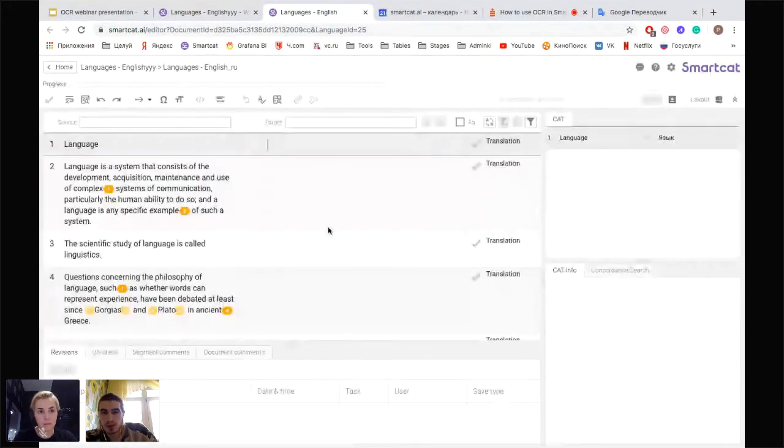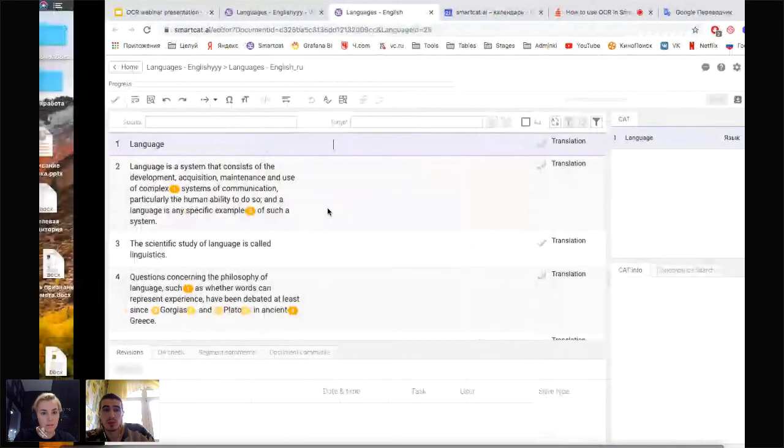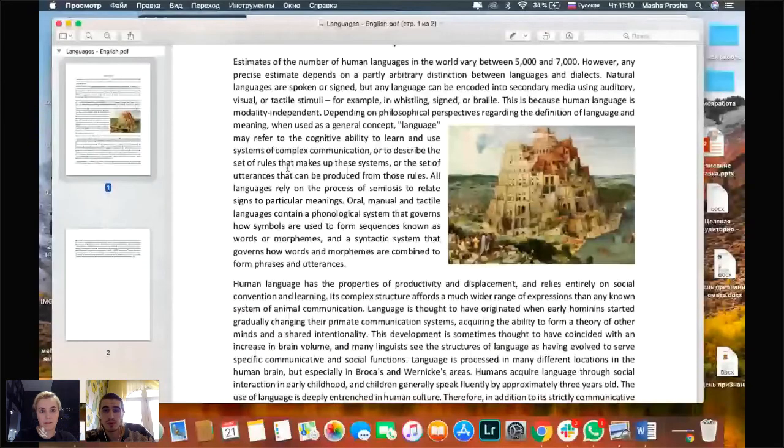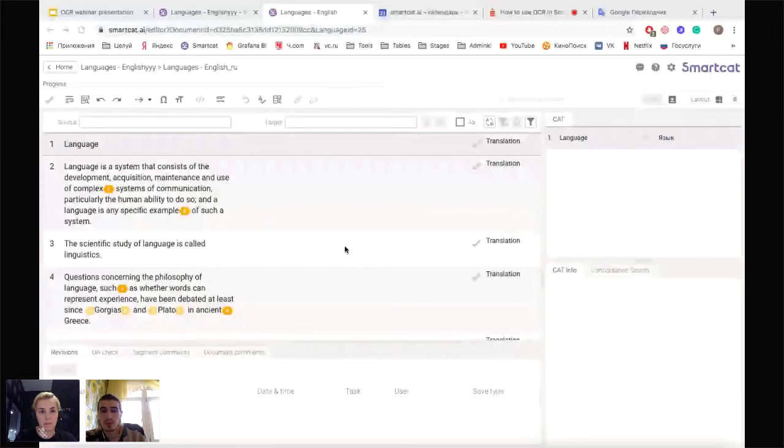Yeah, the text is extracted. Segments are ready for translation. Let's compare this with the original article. So this text with the original article, it's the same. It's the same. So fast we turn a PDF file into text. And by the way, I think you remember